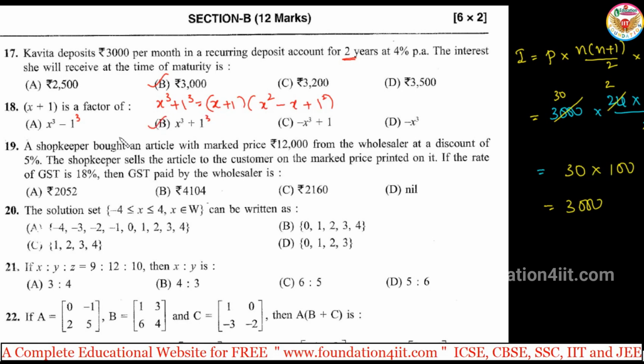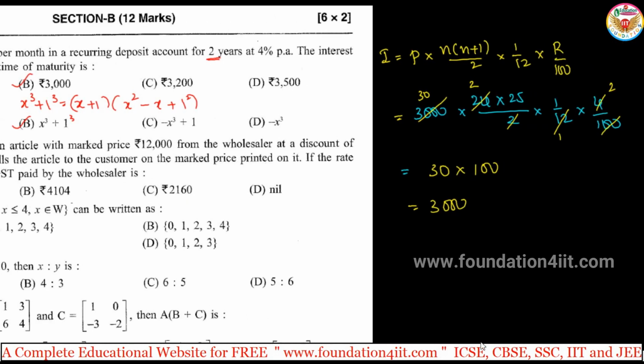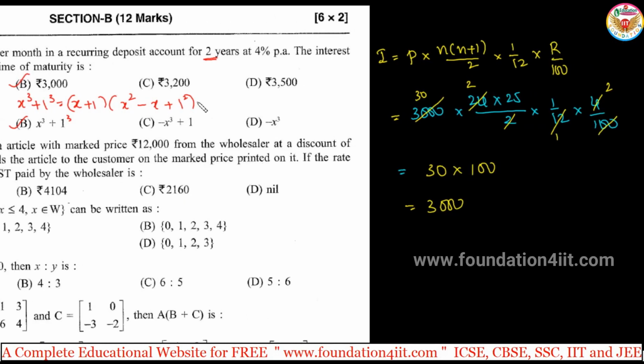So remember a cube plus b cube and a cube minus b cube formulas. Based on that we can find out the particular factor directly. Okay. So a cube plus b cube is a plus b into a square minus ab plus b square. Similarly a cube minus b cube formula. So just write here if you note down, or other questions you can apply. A cube plus b cube, so a plus b into a square minus ab plus b square.